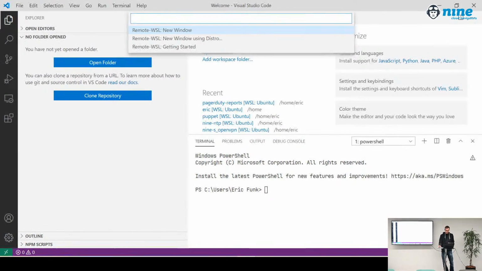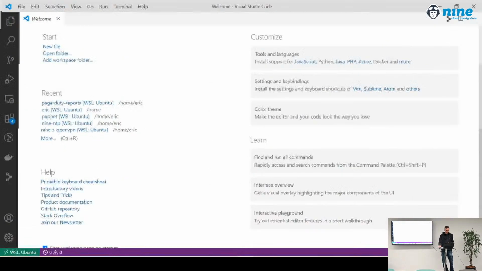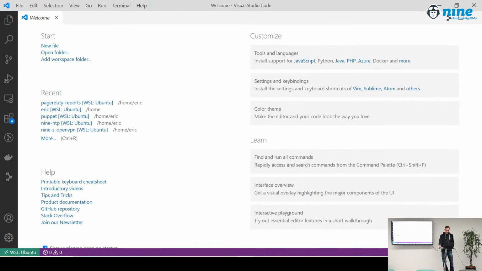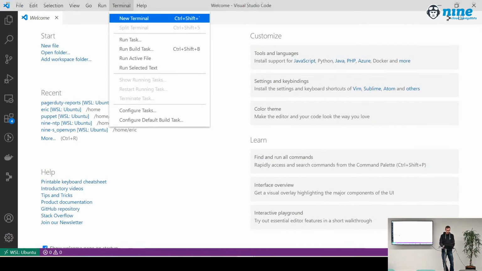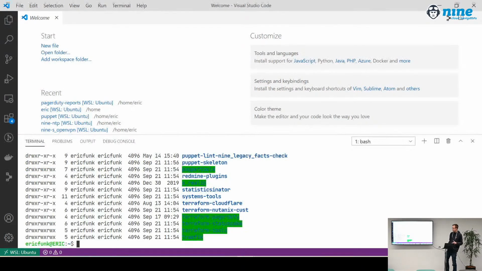And a new window starts, connected to my Windows Subsystem for Linux, Ubuntu. And if I open a terminal now, that's a bash. There you go. To be honest, I rarely boot into the Windows mode. I always connect to my virtual Ubuntu machine. So by that time, if I work with some code, I'm pretty much in the Linux world, or Unix world, or Mac world, or whatever. Super easy.